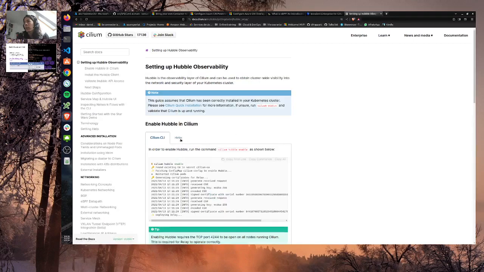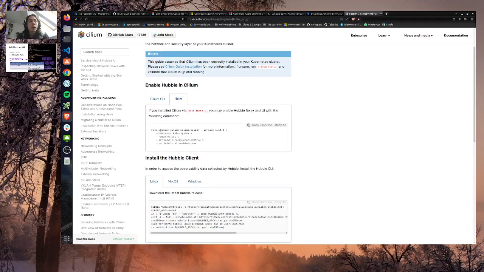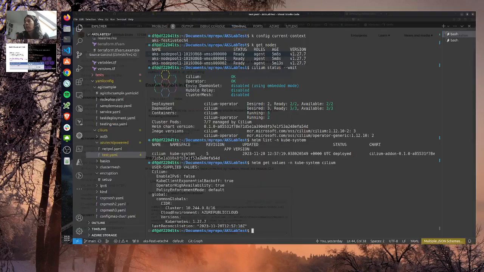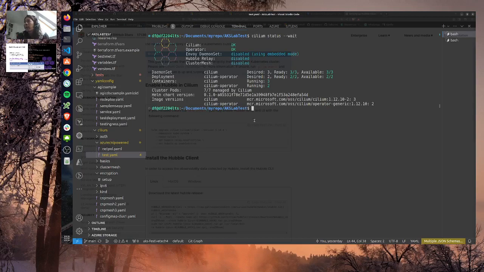So I can do that through the Cilium CLI, but I will do it with the command line over there. You can see that I can just do an upgrade and specify the reuse value, and that I want to use Hubble Relay and Hubble UI. So let's copy all of that and install it, and see what's happened. If you have a look at that, you can see that Hubble is disabled. Okay, can I change that?